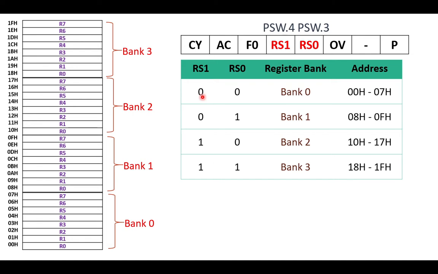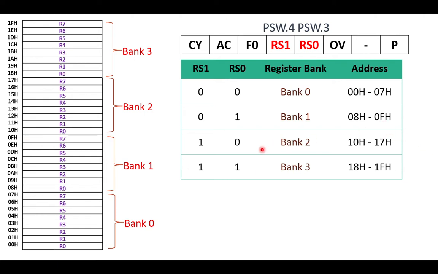When RS1 is 0 and RS0 is also made 0, then bank 0 is selected, and the address of bank 0 is 00H to 07H. If I want to select bank 1, I will make RS1 as 0 and RS0 as 1, so that bank 1 is selected and it spans from 08H to